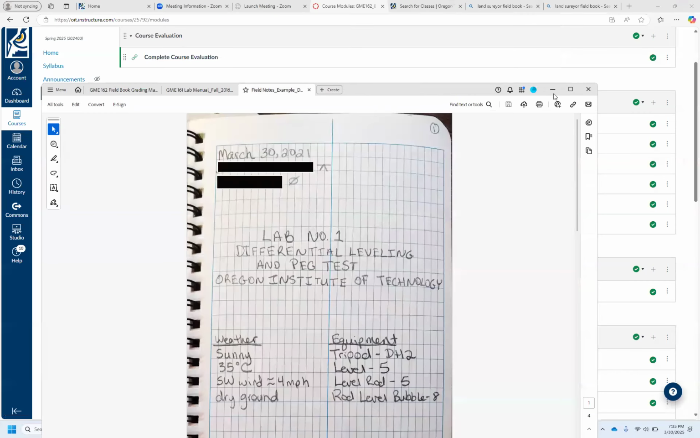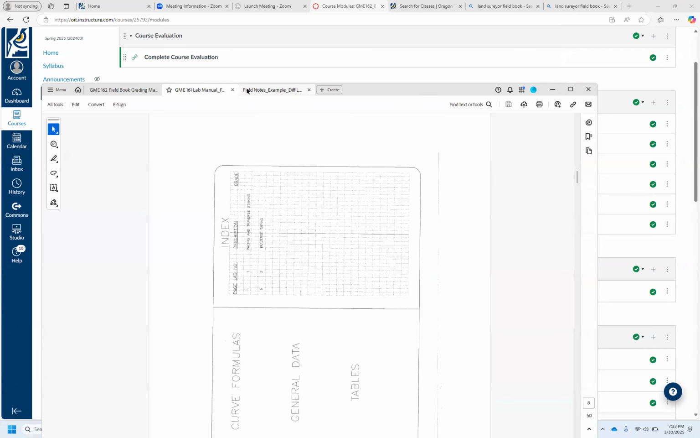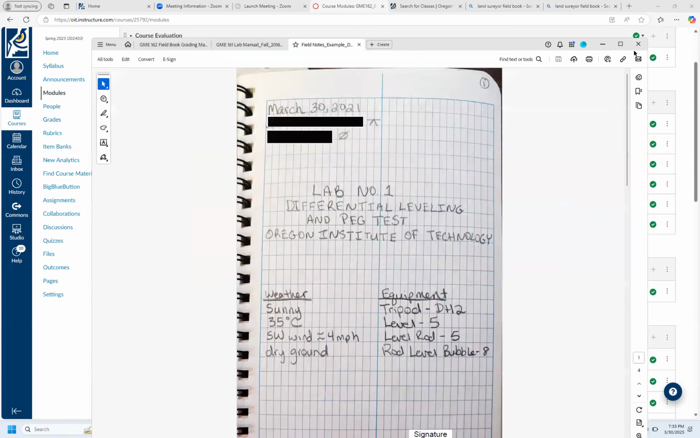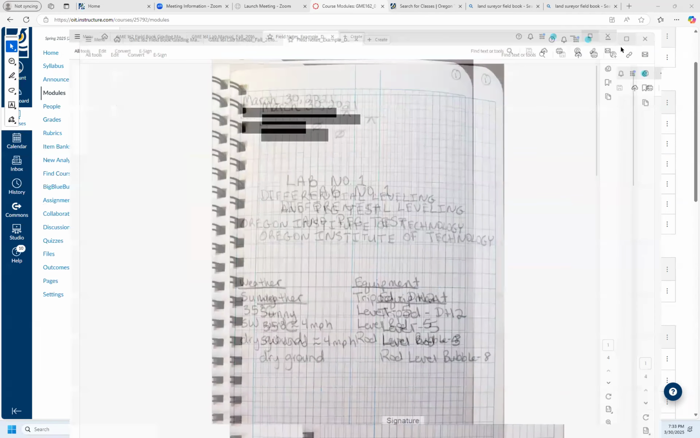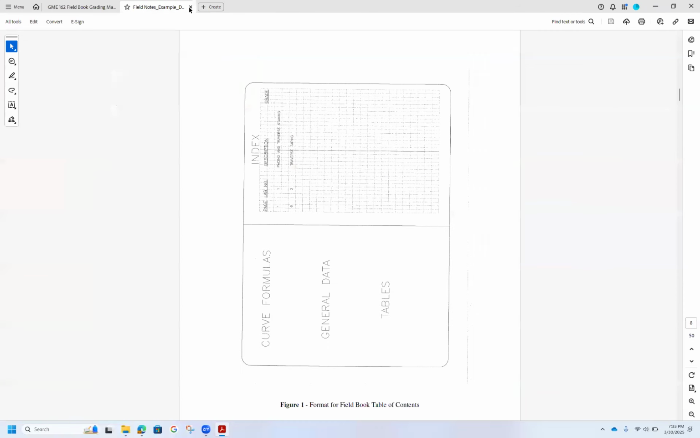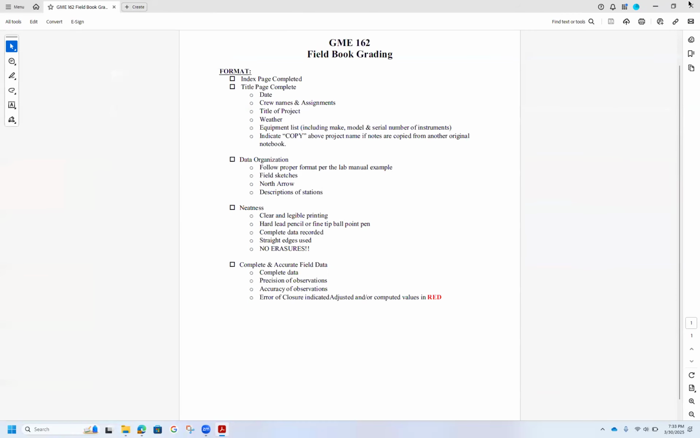All right, so on to GME 161 lab, and that will be a different video. I will make you guys a different video for the GME 161 lab 1 for the field notes, and that way you guys can get going on that. I will show you guys what I'm looking for there, as well as going through the process again, just kind of a review of 161 when we